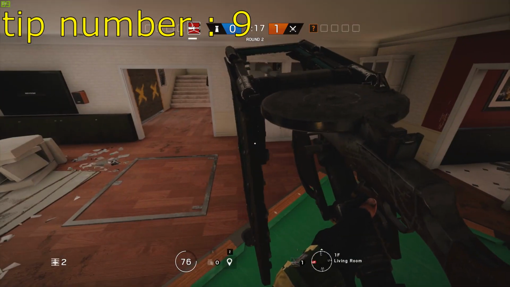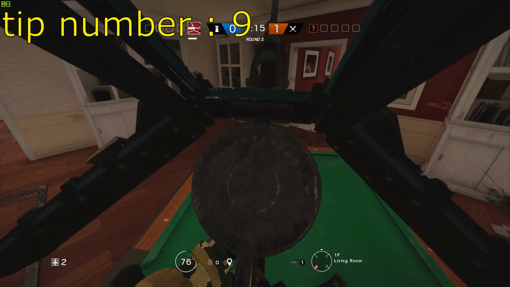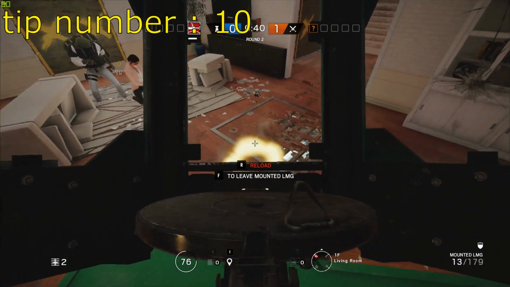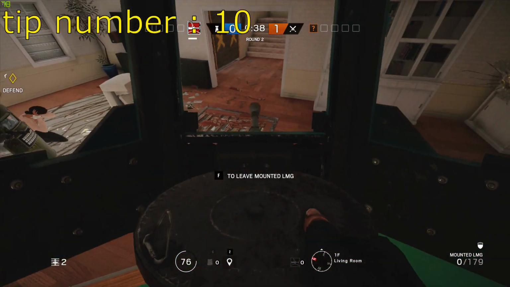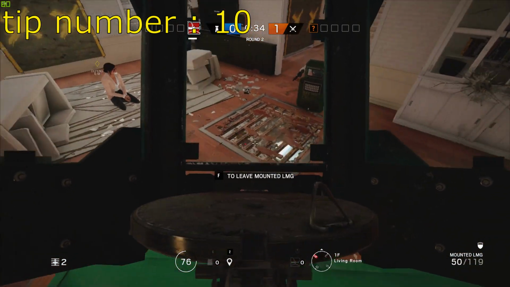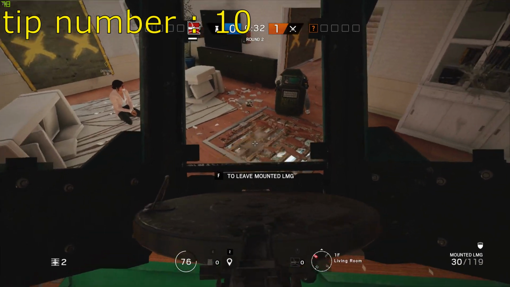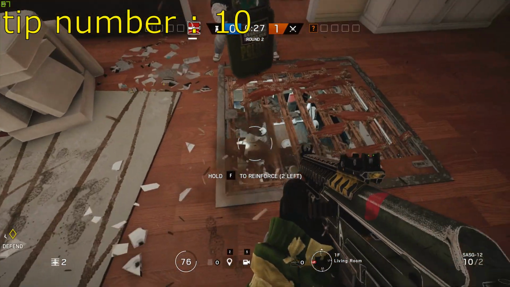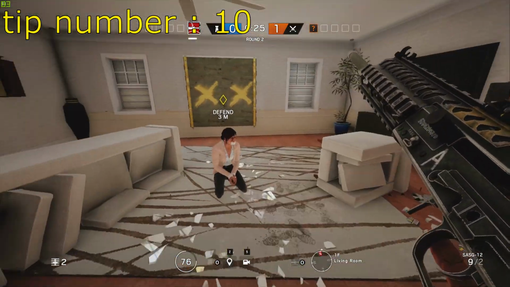Number 9. Tachankas can be placed on elevated surfaces, as you've seen here on this pool table. No matter how hard you try as a Tachanka, you will not be able to break these floors. Instead, I suggest a different means, your shotgun. Shotguns are great